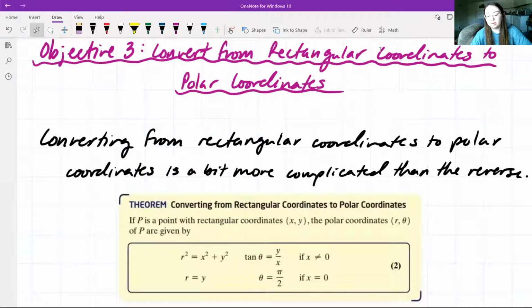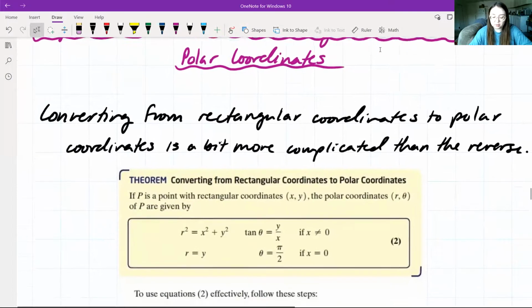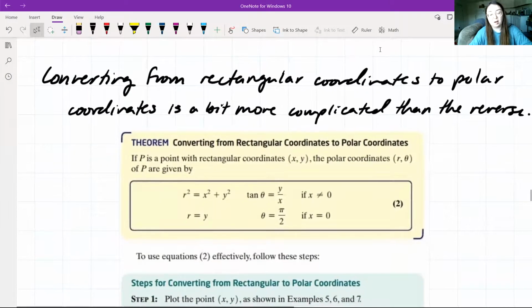Objective 3, we want to convert from rectangular coordinates to polar coordinates. So now we're going in the opposite direction. Converting from rectangular coordinates to polar coordinates is going to be a bit more complicated than going from polar coordinates to rectangular coordinates. For our theorem here, for converting rectangular coordinates to polar coordinates, we have that if P is a point with rectangular coordinates x, y, the polar coordinates of P are going to be